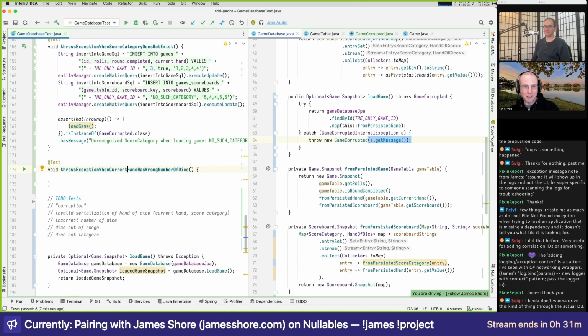Suiji brings up something that just came to mind for me: we're testing this through the database, but would you just say, well, look, I actually have this code, and we've talked about this before, I'd push those from-persisted methods into a transformer or translator object that, given this, should have this output without involving the database, because it's just the serialization, deserialization. I think that's a really good point, because this is no longer database specific. Exactly. I think we are actually exposing the need for the transformer that you like.